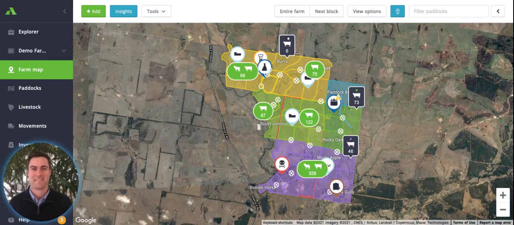Here is a quick video on how you can utilize the individual livestock list on the web app to gather a greater understanding and insight into your stock on farm. You can achieve this by using the filtering capabilities to specifically look at certain characteristics and information that you want